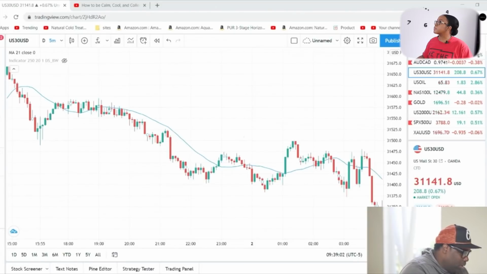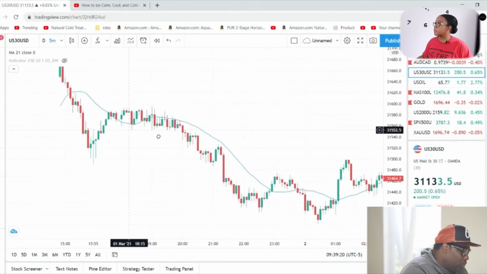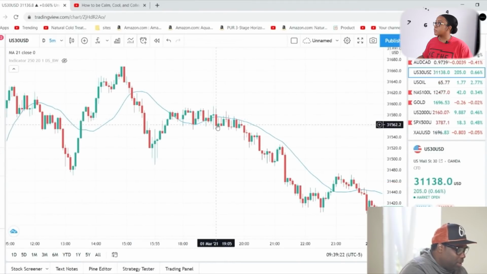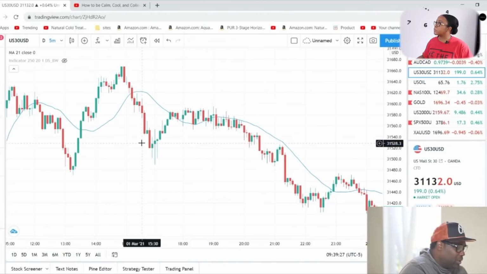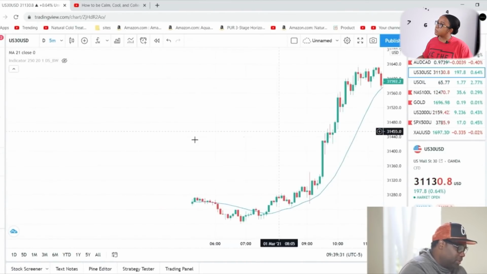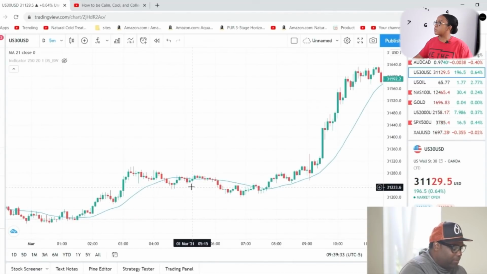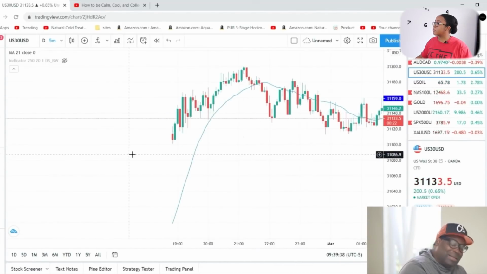I like to go day by day, okay? So let's say that your setup is a double top or a double bottom and you're testing it out. What I would do is test it out: double top, double bottom. Was it a winner? Was it a loser? I would test out other stuff, then go to the next day and test it out again. Double top, double bottom, was it the loser, was it the winner, and keep on testing these out and collect as much